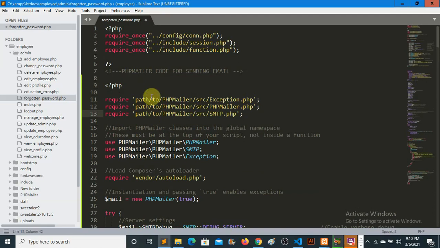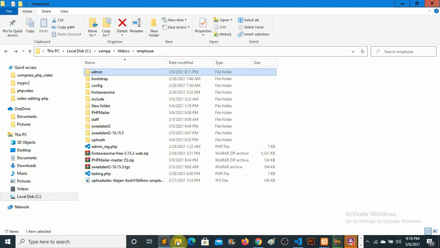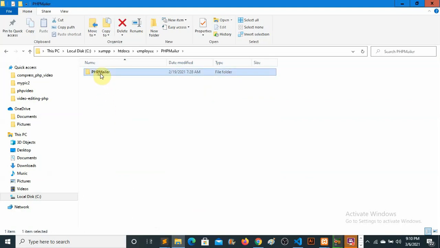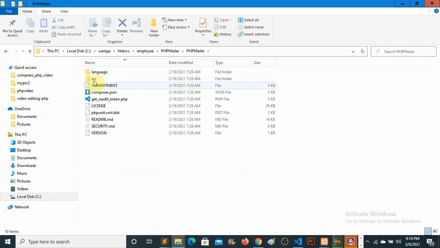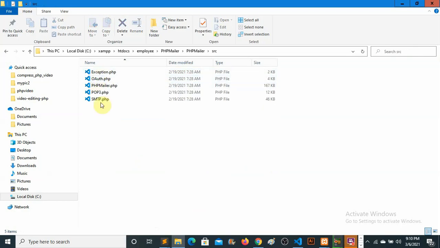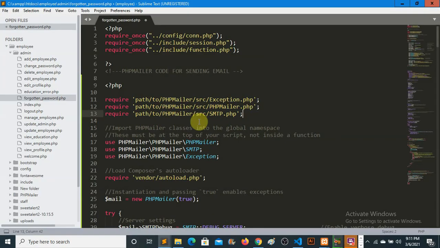Now this is telling us the path to our source. You can see require path to PHPMailer source exception. Now let's go to our parent folder. You can see this is PHPMailer. Inside the PHPMailer folder, we have a source folder. So these are what we are linking here as required in our text editor. You can see path to PHPMailer source